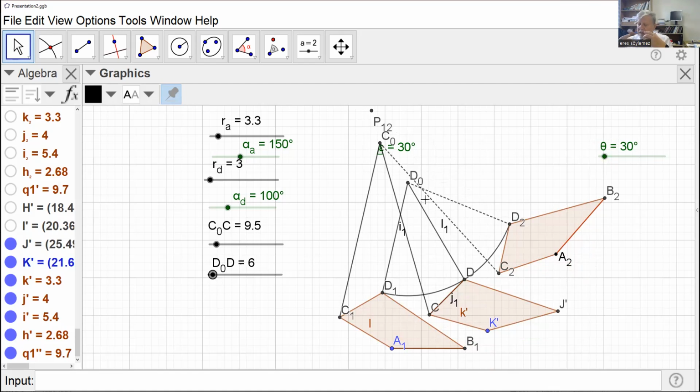And with this, I can design a 4-bar mechanism which will realize this motion. Is 4-bar the only solution? Hell no. Number one,